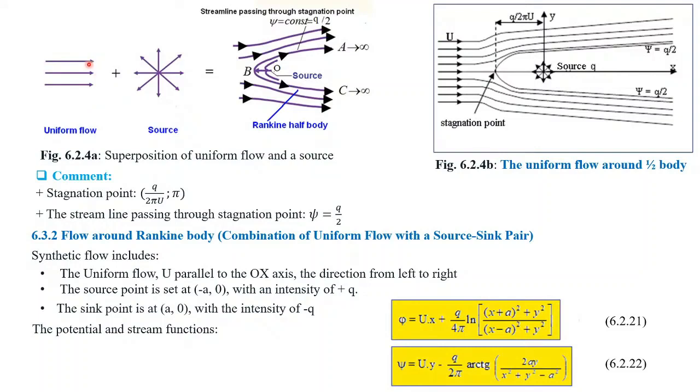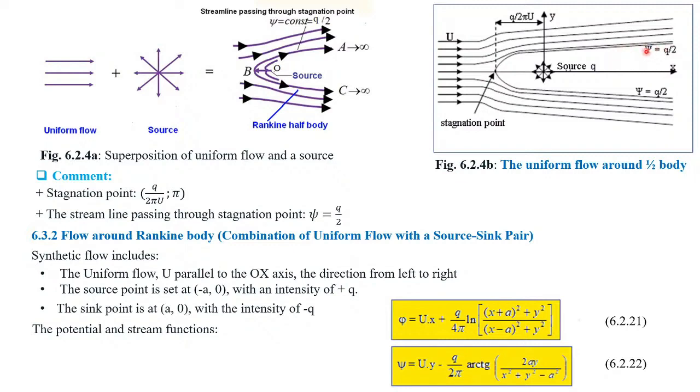Now this is uniform flow, and this is a source at the center O. We add them together using the superposition method, and we get the superposition of uniform flow and source here. This is the uniform flow around a half body. In this case, we call it a half body. That means we consider